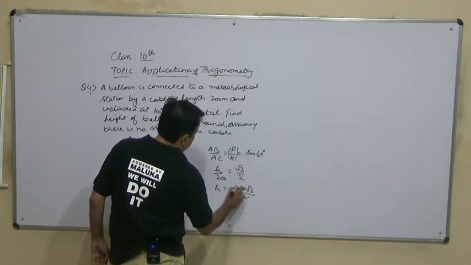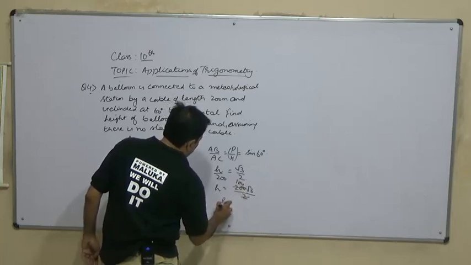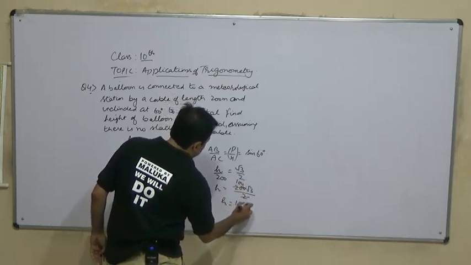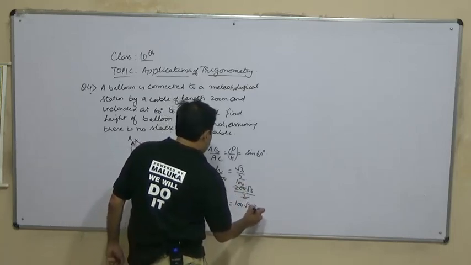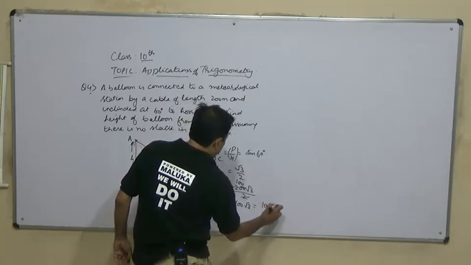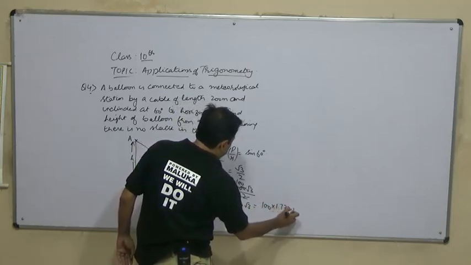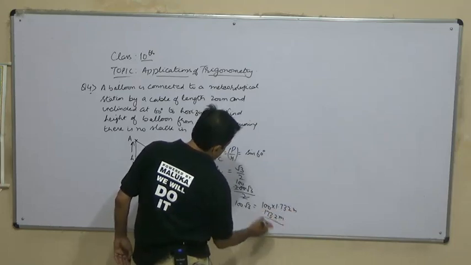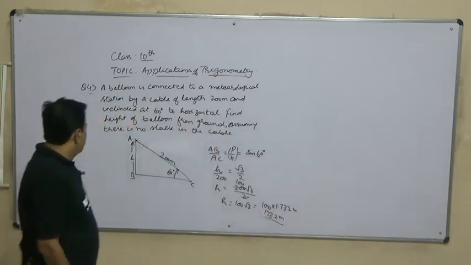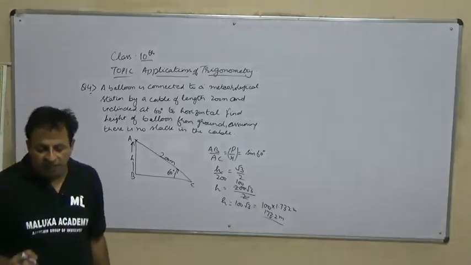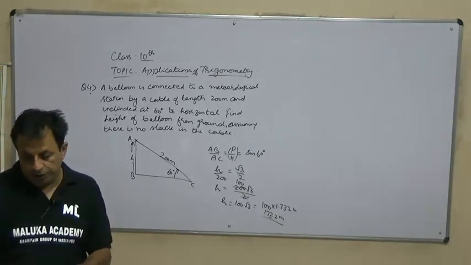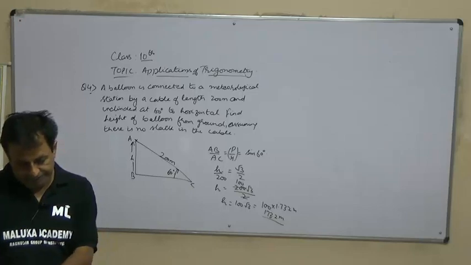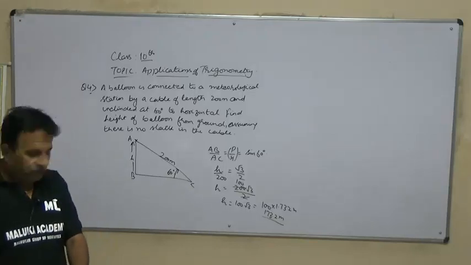So h will be equal to 100√3, which is 100 into 1.732 meter, which is 173.2 meter. So ये हमारा आ जाएगा height of balloon will be 173.2 meter. Then next, fifth question is: